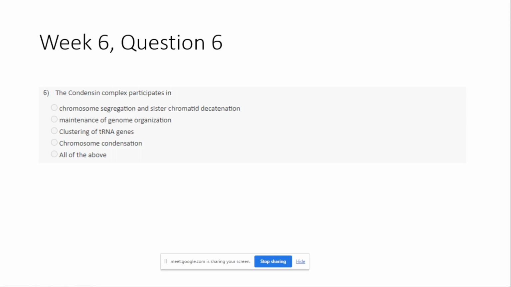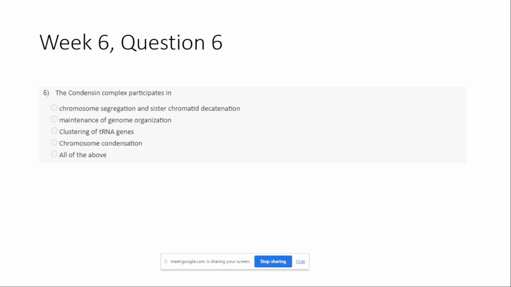Second, as you already know, it has a role in maintenance of genome organization, the structure of the genome, loop extrusion, to make the chromosome more compact. These roles are played by the condensin complex, which can compact the DNA to give your chromosome a typical structural organization. It will make your DNA compact, and it will help you get a structurally organized chromosome.